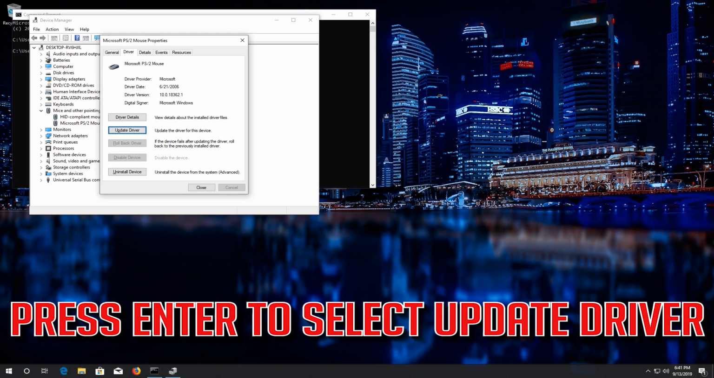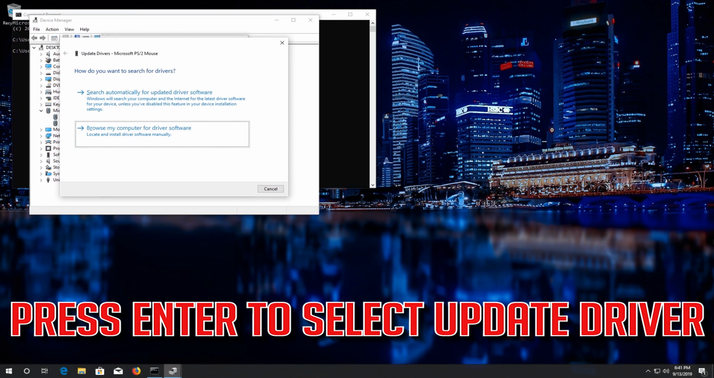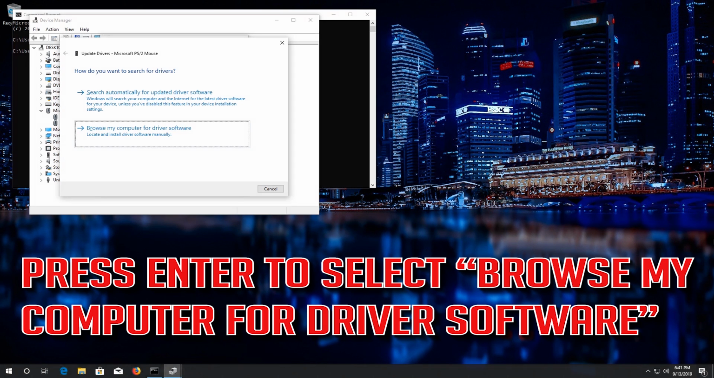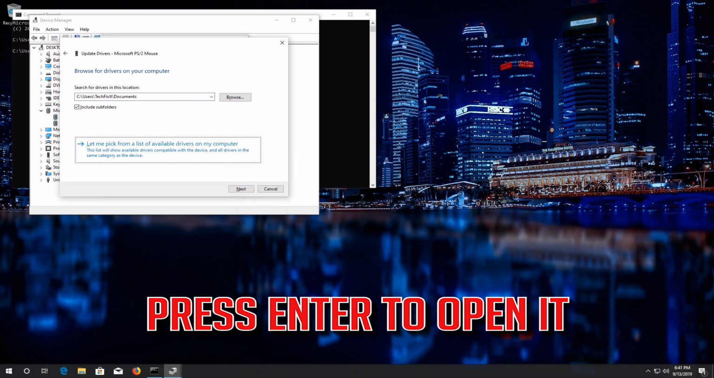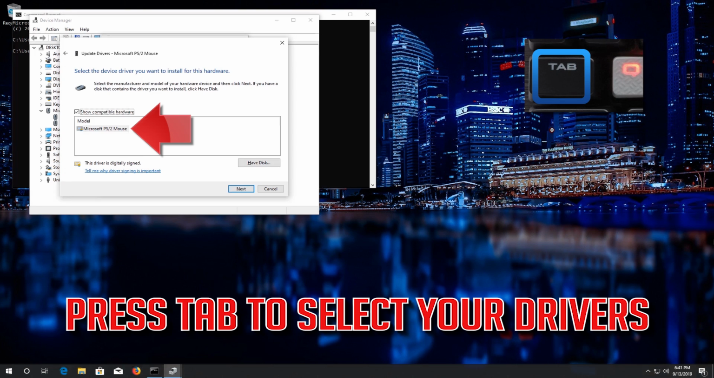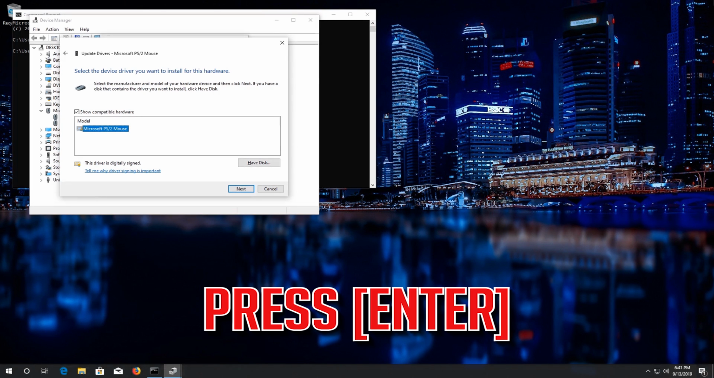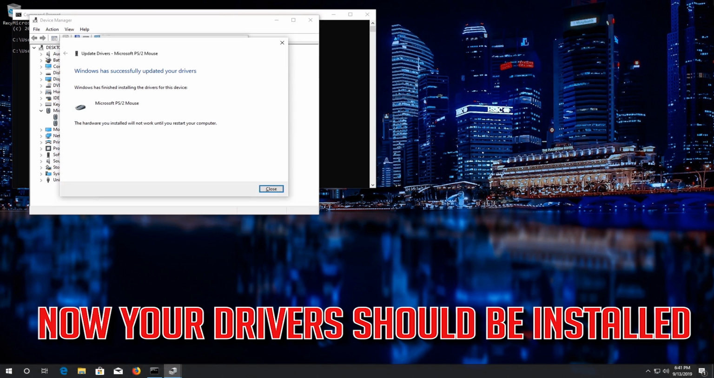press Enter to select Update Driver. Press Enter to select Browse My Computer for driver software. Press Enter to open it. Press Tab to select your drivers. Press Enter. Now your drivers should be installed. If that didn't work,